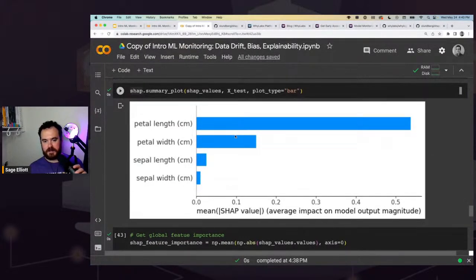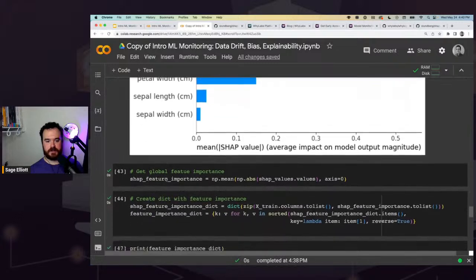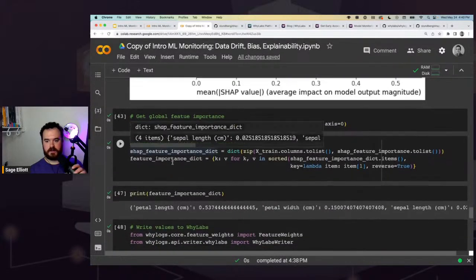Well, like I mentioned, I think the coolest part there is that if you train a new model too, you can compare those feature importances together. And you can see for the people that it worked for, I'll have to see what happened on my end. You can click down and easily set monitors on whatever the most important values are. So maybe you don't want to monitor necessarily on the sepal width, or you want to set the severity and change it on those different ones based on the feature importance. You could do that there.